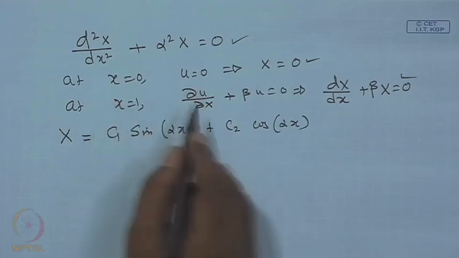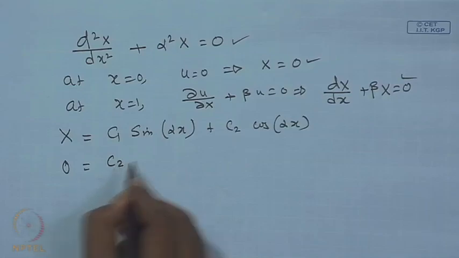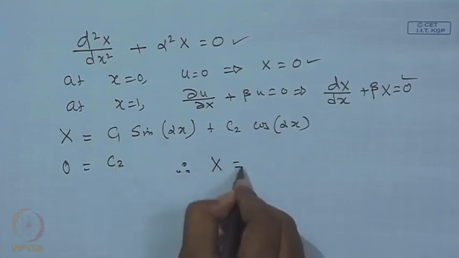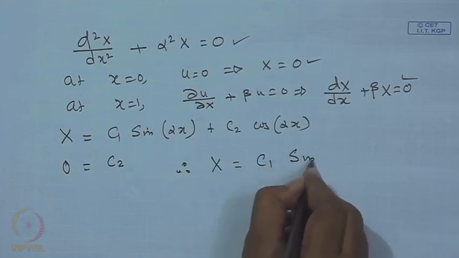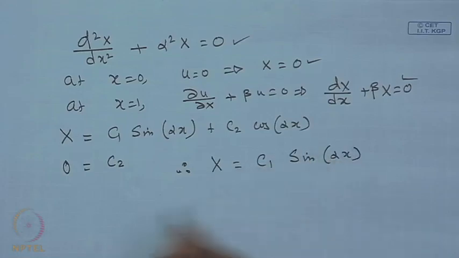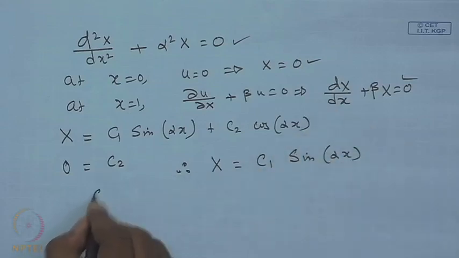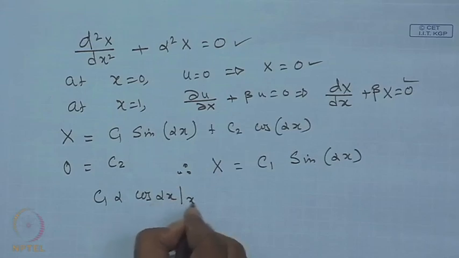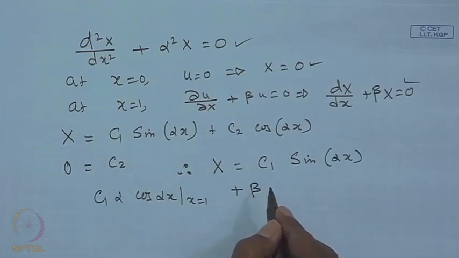If you put the first one, x is equal to 0, C1 sin 0 is 0. So, this becomes C2 cos 0, which is 1. So, C2 equal to 0. So, therefore, the eigenfunctions are nothing but the sine functions, C1 sin alpha x. Now, we put the other boundary condition, dX/dx plus beta X equal to 0. So, it will be C1 alpha cosine alpha x evaluated at x is equal to 1 plus beta